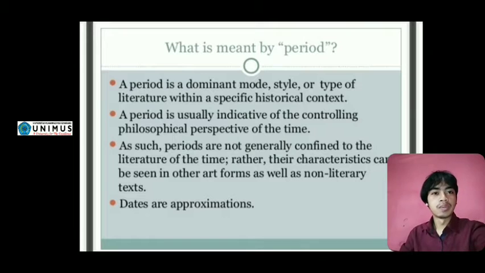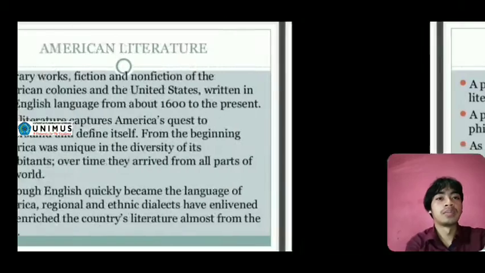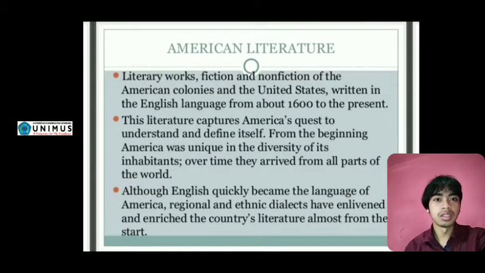A period is a dominant mode, style or type of literature within a specific historical context, and a period is usually indicative of the cultural and philosophical perspective of the time. Their characteristics can be seen in other art forms as well as non-literary texts. American literature is literary works, fiction and non-fiction, of the American colonies and United States, written